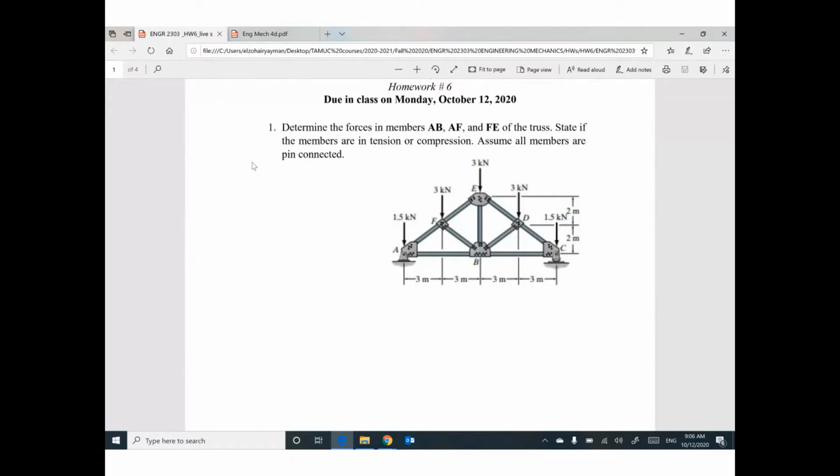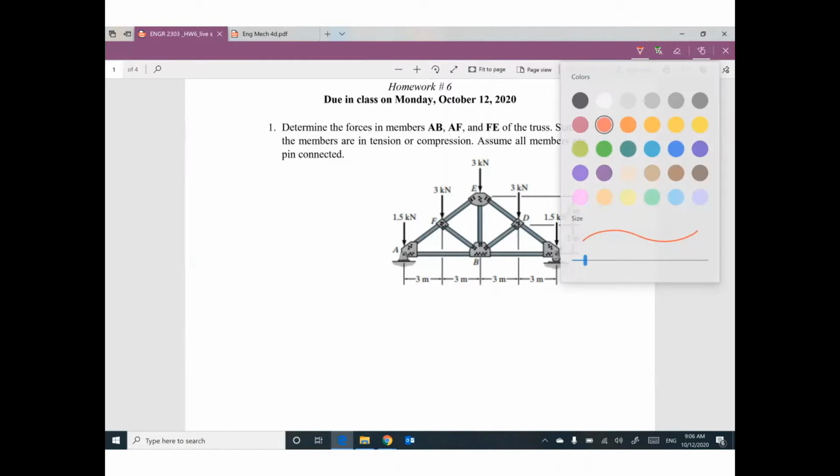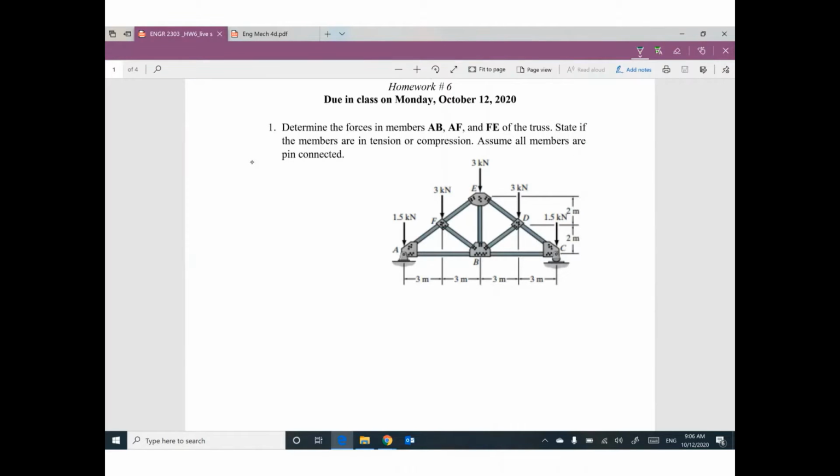For trusses, the first step, before figuring out what is required, here we are looking for AB, AF, and FE. Before looking at these forces,